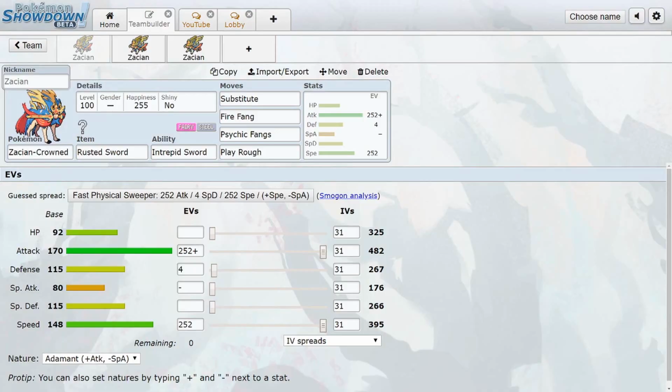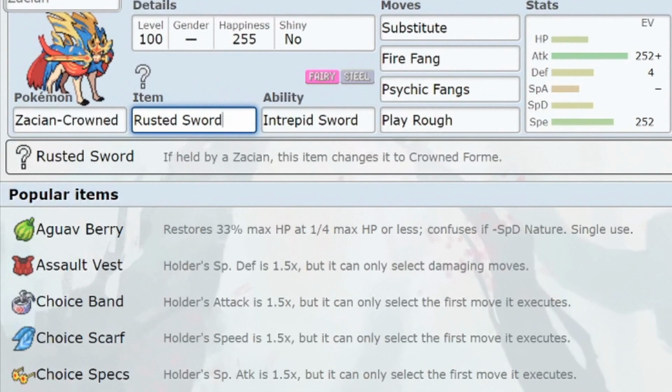Alright, ladies and gentlemen, so first things first, we are going to be taking an all-out offensive approach. In fact, this would be the best approach to take when it comes to using Zacian. So the item of choice is going to be exclusive to Zacian only, known as Rusted Sword. Now, if it's held by Zacian, this item changes it to its crowned form. So, in order for you to achieve this form, ladies and gentlemen, you have to take up the item slot